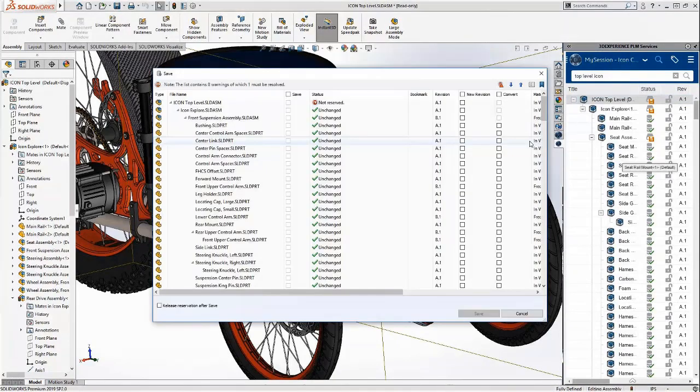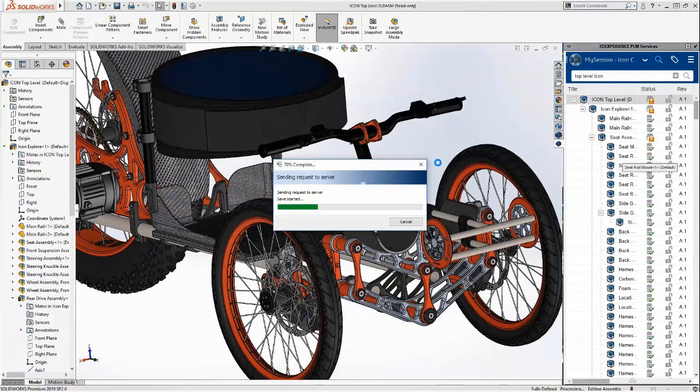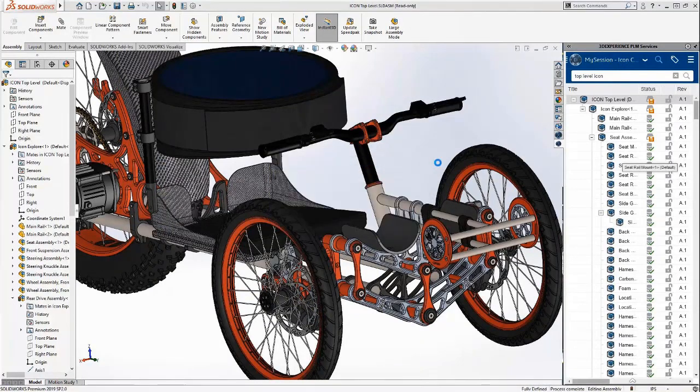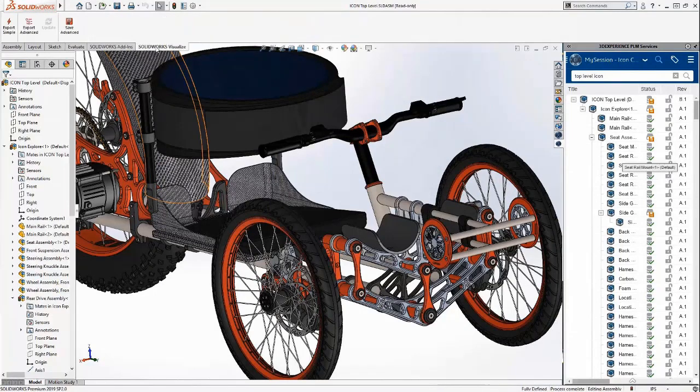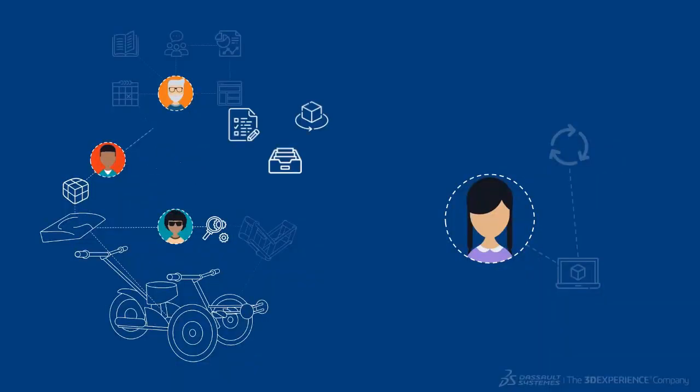Also, she's just swapped it live in session, and it's worth noting that if you're working with big assemblies, you're not having to shut down everything and reopen it. You're literally just doing a live replace by getting a different revision. So it's really easy as an engineer using SolidWorks to swap out and swap in different revisions, and then obviously you can do all your design validation checks within SolidWorks. So finally, Debbie's created revision B of that top level assembly, and then we're going to fast forward